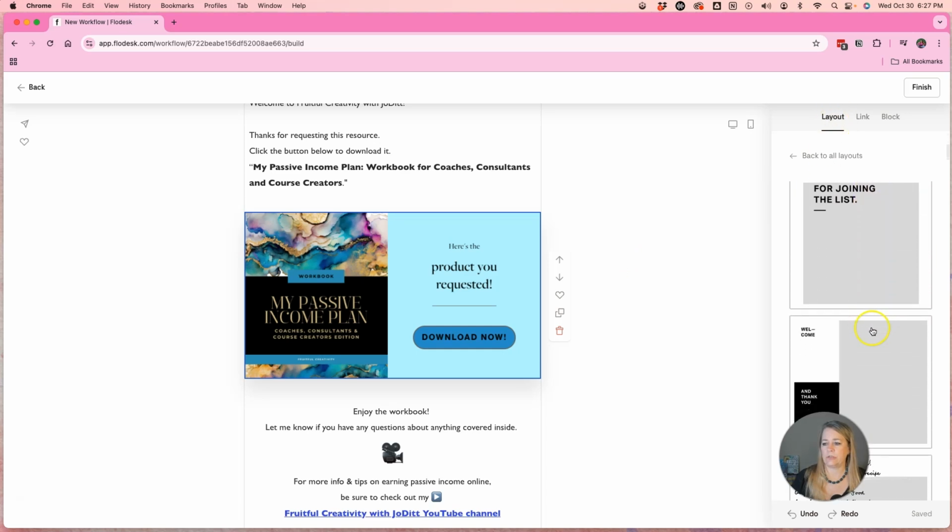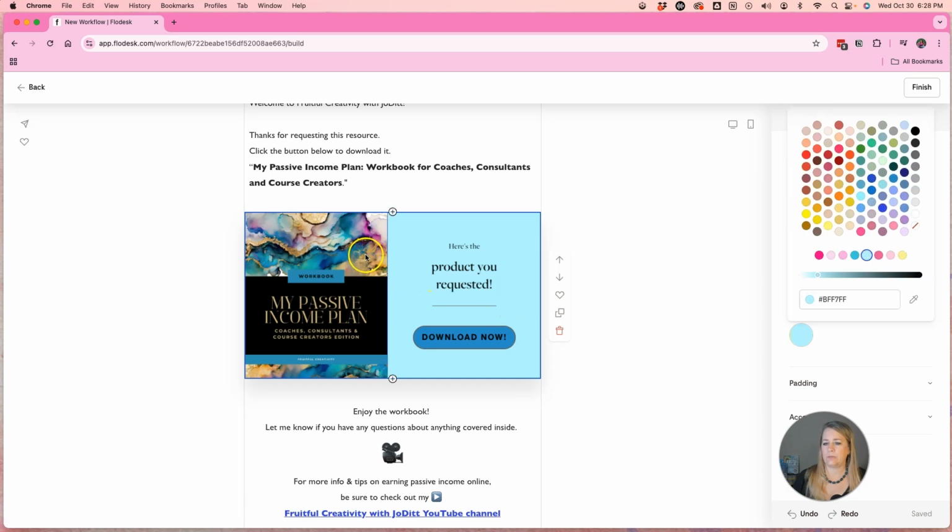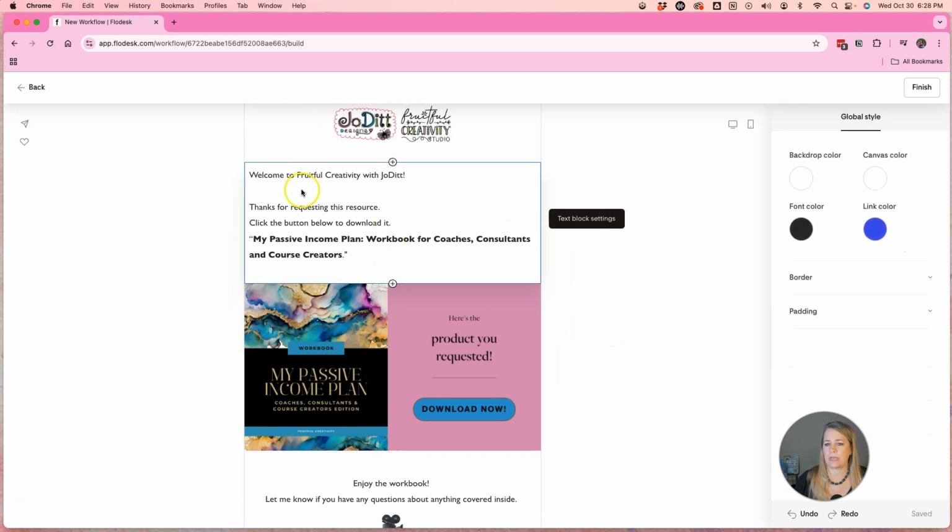Again, you can choose one of these different layouts, and then the block is where you'll have the settings for the entire block. So we can change the background. I like to make it match the image over here, which it does pretty well, but if I want to make it match for sure, I can click this eyedropper and then come over here. Maybe I wanted the pink instead of the blue, and make that a little bit lighter, like that. Then I'll tell them, thank you for requesting this resource,